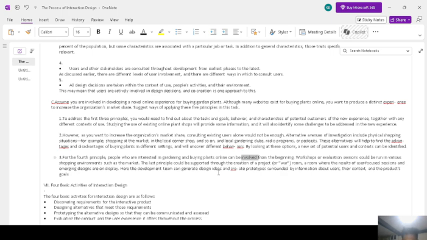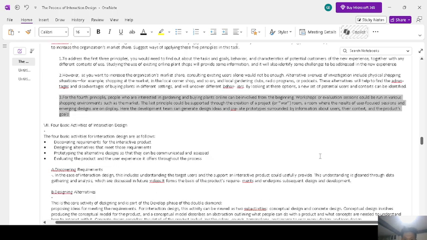So sometimes, maybe you don't need to collect a lot of information from other people. Maybe you just need to find three of the same product. So for the fourth principle, people who are interested in gardening and buying plants online,